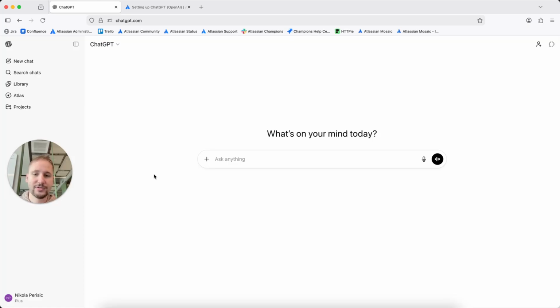The second step is using the integration itself. So how do you use it? You click on plus, you go to more, and you have Atlassian Rovo. One thing you have probably seen there is that it's still in beta. What this means is that it takes some time for Rovo and ChatGPT to sync up. Why? Because even though